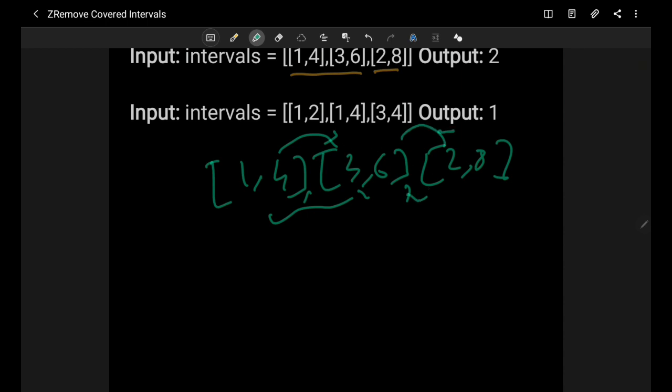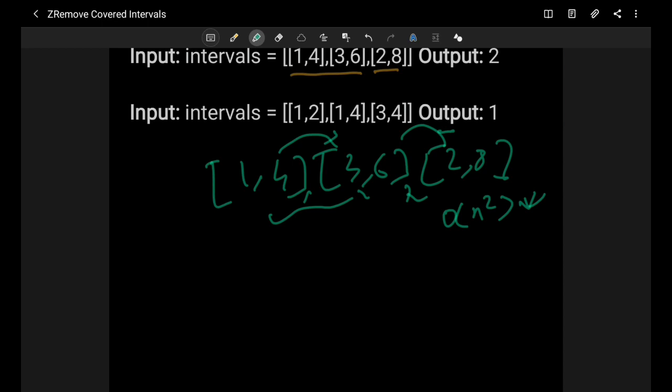If it's covered, then we can subtract that from our array size and return the same. But if you compare each and every element, then obviously that will be order of n squared time. That will be very time consuming since we are going to generate all the possible combinations and we need to compare each and every pair.